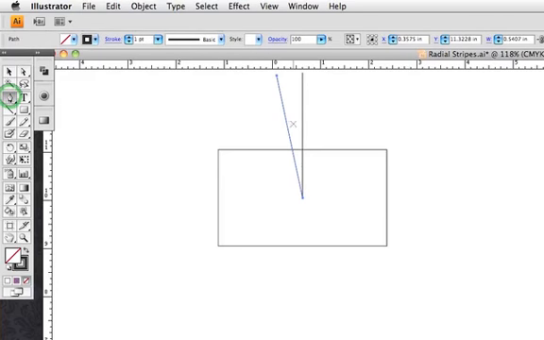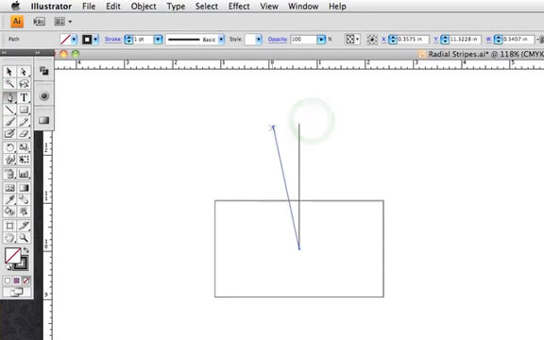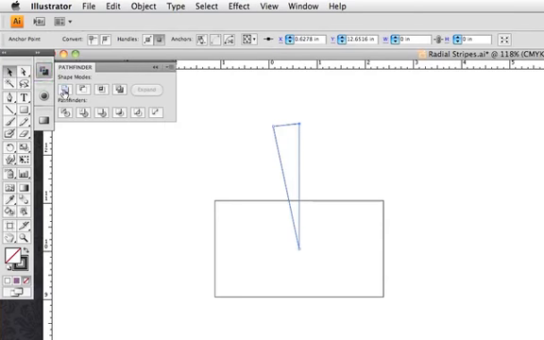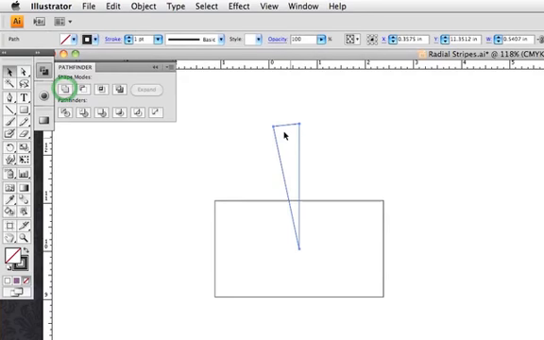I'm going to get the pen tool. Let's scoot this down. Hover over this till I get my little line saying, hey, we're going to continue our path. Come over here till I get my close symbol. Now we have almost a completed shape because it's closed up here, but actually it's not closed down there. A quick way to close it is just to go into our Pathfinder and click on Unite. Now we have a closed shape.